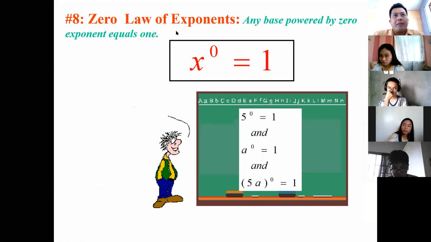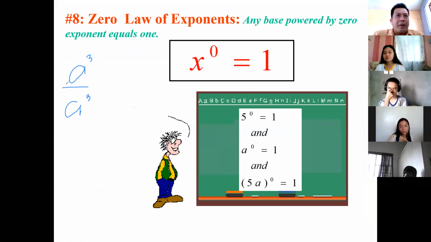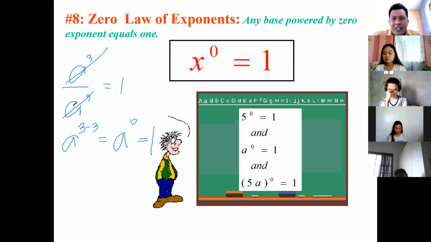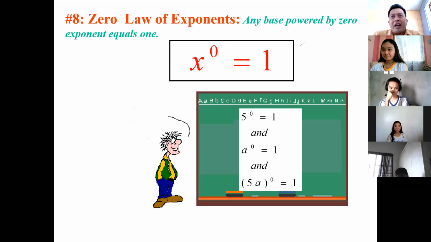Why is it like that? If we go to an example, class, a to the power of 3 divided by a to the power of 3, we can just cancel directly. The answer is 1, right? Because if you apply the quotient rule, it becomes a to the 3 minus 3, which is a to the power of 0, which is still 1. Get it? So it's just that. The values simply cancel. If you divide it out, the result is equal to 1. So this is the easiest by far of the 5 laws of exponent, or 7, 5 or 7.